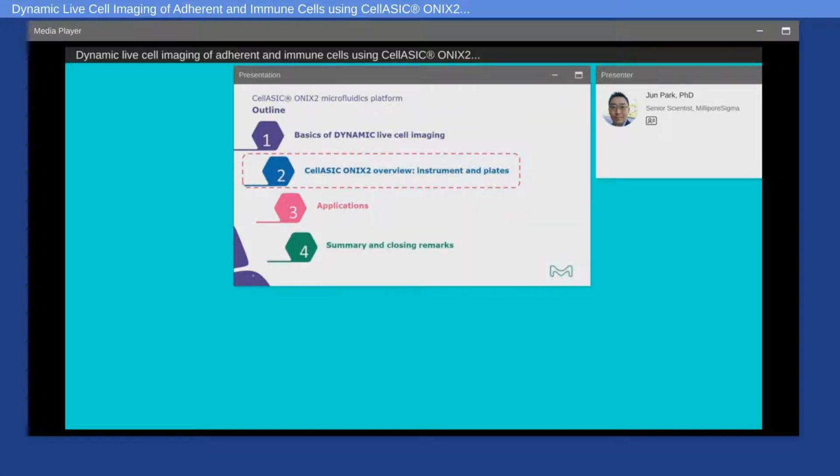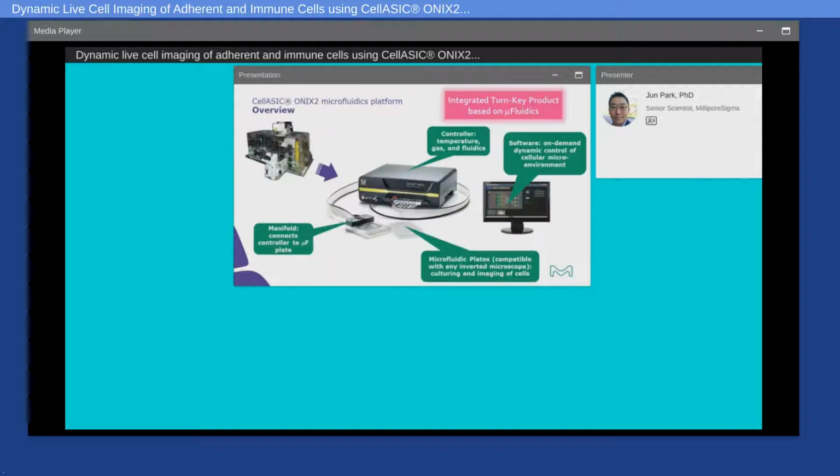Switching gears then, let's talk about our CellASIC platform. What would be the key advantages of our system? To start, it is a true turnkey product with integrated environmental control system coupled to microfluidic plate where cells will